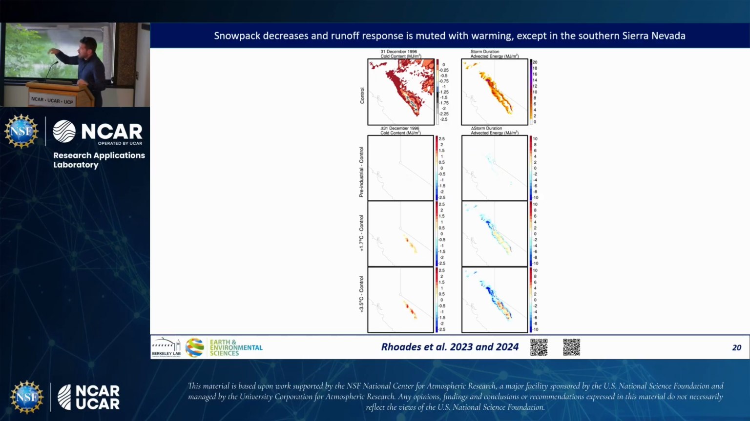And so already during this event in the control simulation, there's a widespread area of zero cold content throughout the Sierra Nevada. And then as you move to higher levels of warming, that cold content is reduced systematically, especially in the mid to high elevations of the southern Sierra. And that's partly why we saw maybe more storm total runoff